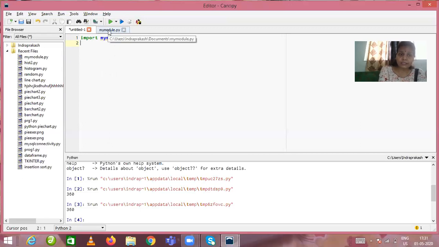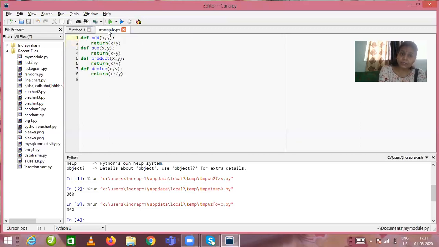I have created this file normally and saved it in a particular folder, and now I have created another program, and I am going to import this file into this program. We need to write an import statement. Import is a keyword, and after the import keyword I have to write the name of that particular file, as well as the object name. This object name is just like the nickname of a particular module.